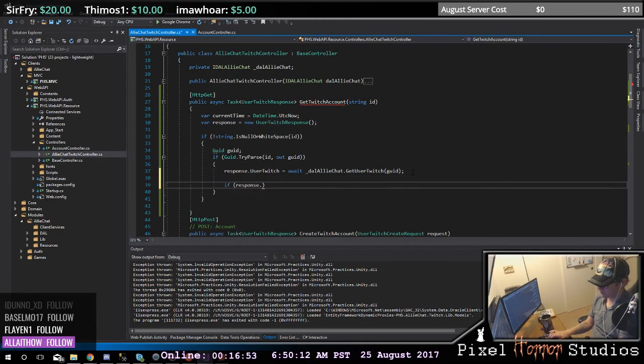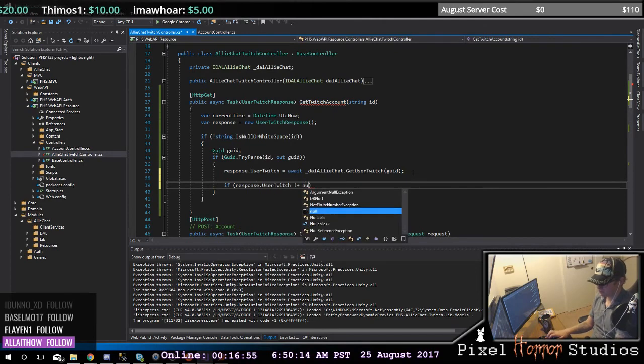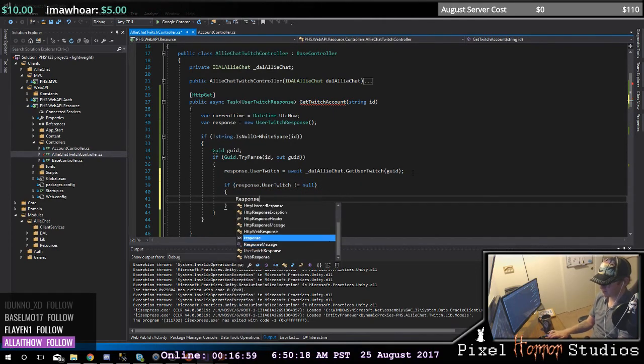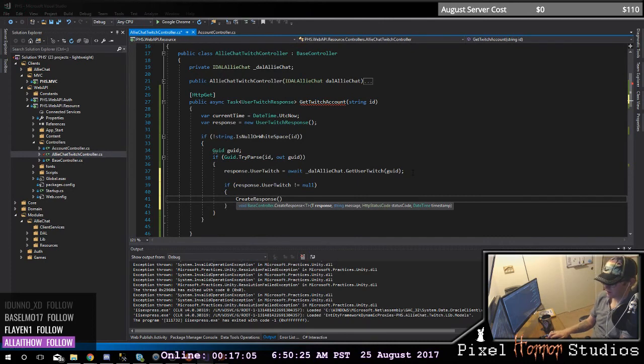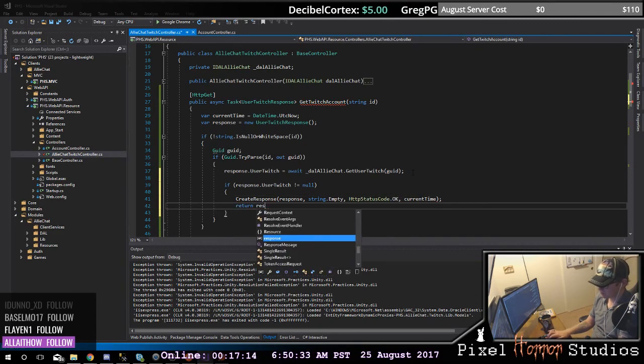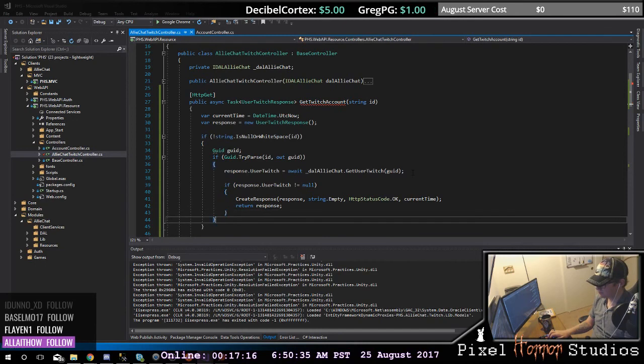If my response.userTwitch does not equal null, then we're going to do a response, and there's nothing here, and then it's going to be an okay, and then it's going to be current time. Otherwise,